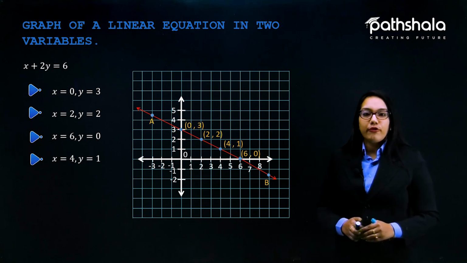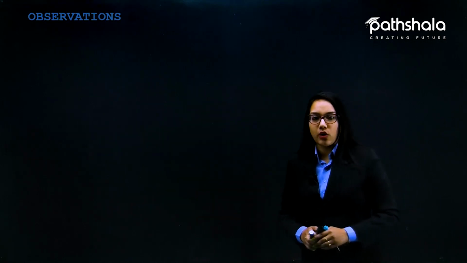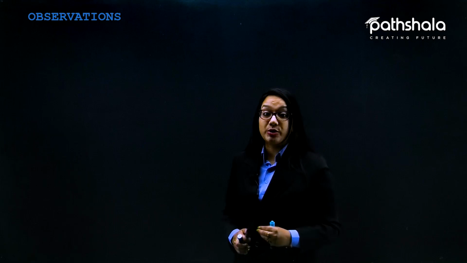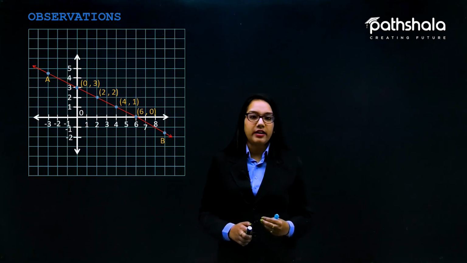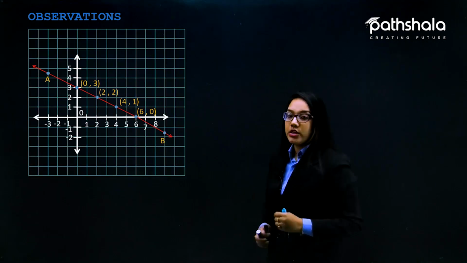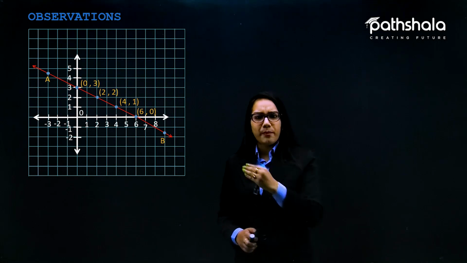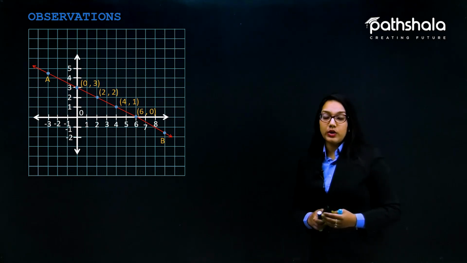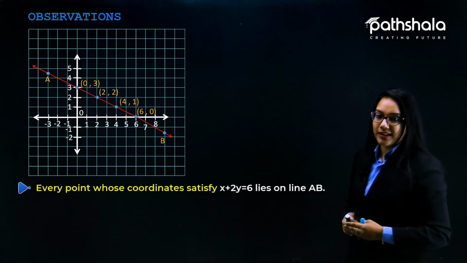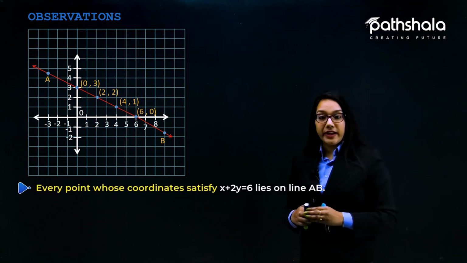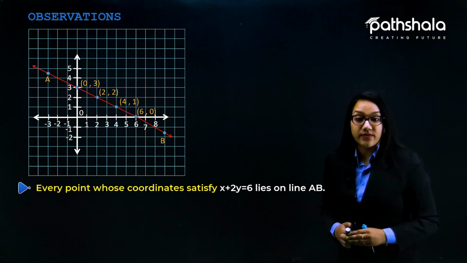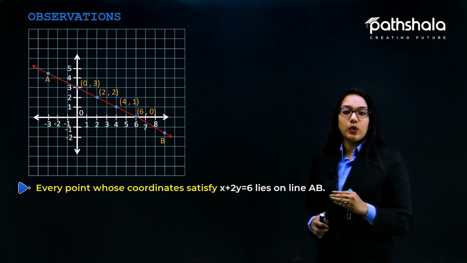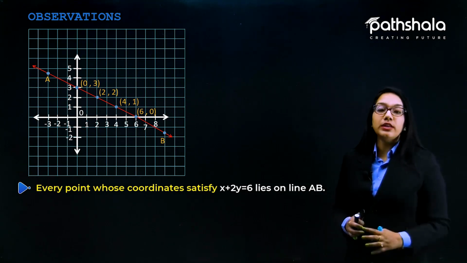So let's further talk about the observations that are related to this particular graph. What can we conclude after looking at this graph? Let's talk about the very first point. We can conclude that every point whose coordinates satisfy x plus 2y is equal to 6 lies on the line